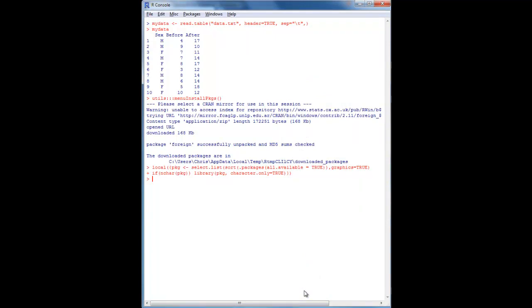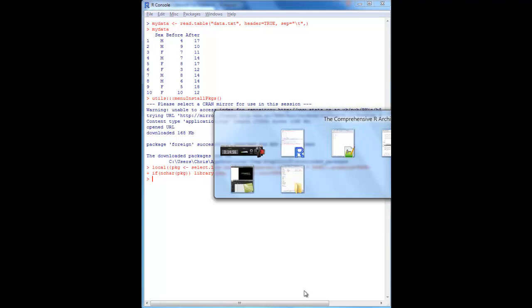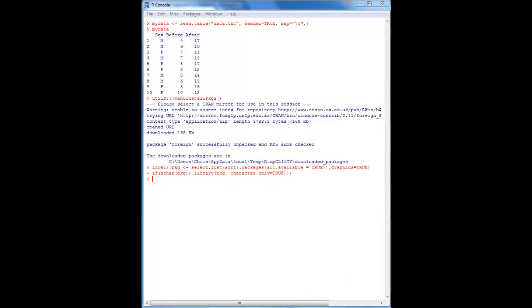So how do we import data from SPSS? Well, I'm going to show you the command. As I said, I don't have an SPSS file, but it works in the same way as what we just did, except it looks like this. Again, you can call your data whatever you want. I'll assume you're going to call it my data. You've got the assignment operator here, and the command is read.spss, and then in brackets and in quotation marks,